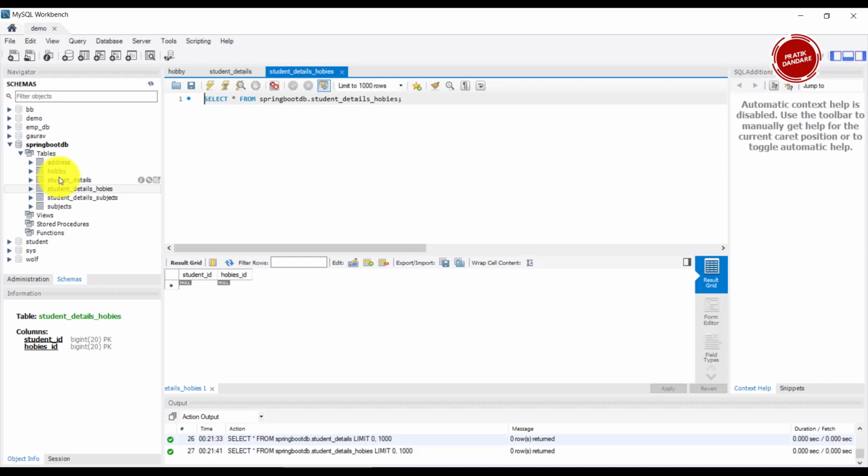But one to many has the limitation that only one student has many hobbies, whereas here we don't have limitations with student or with hobbies. The relationship between student and hobbies is many to many. So even if a duplicate student has many hobbies, it is okay in this table. So that's how Spring Boot created the table.